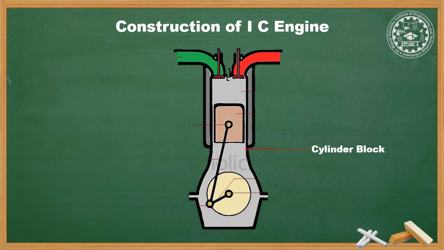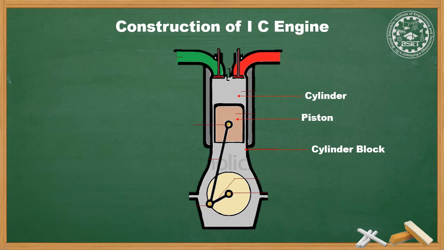The first is the cylinder block. Cylinder block is the basic framework of engine, a rigid metal foundation provided by engine block for various parts of an engine. Second, cylinder. Cylinder is a cylindrical closed container in which piston travels up and down in a reciprocating linear motion. The cylinder is supported by the cylinder block at the bottom end and covered by the cylinder head. The space between upper part of cylinder and the top of piston during the combustion process is called the combustion chamber.